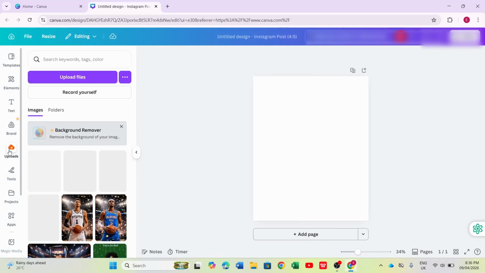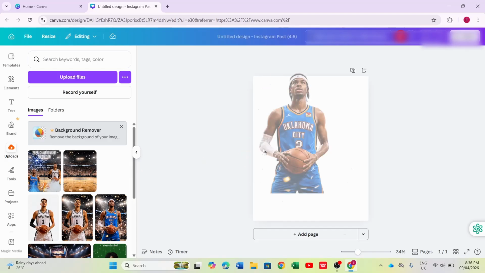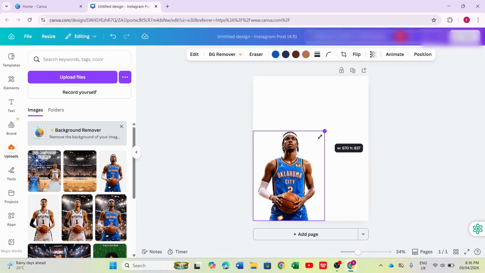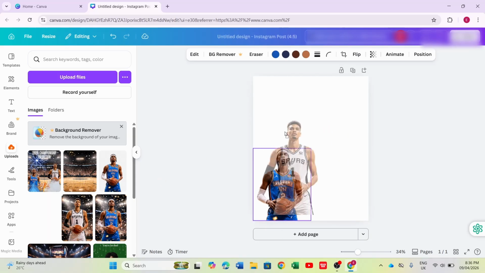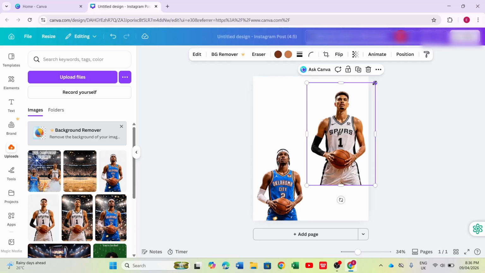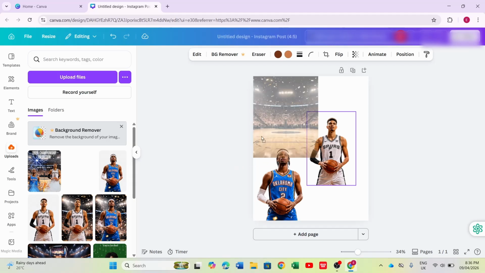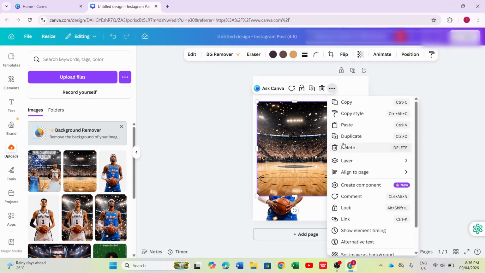And this is the area you're going to work on, and you go to uploads. Already you would have selected all the images you wanted and uploaded them. You choose the best HD quality photos, and you will drag them onto the blank canvas. Later you will align them perfectly on the page, but for now just be focused on placing them on the